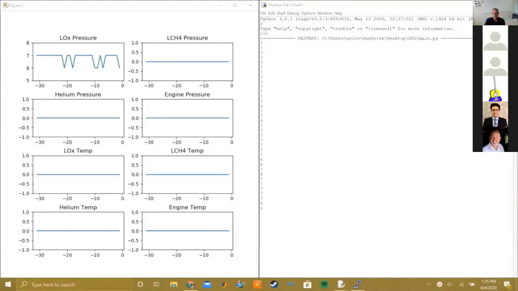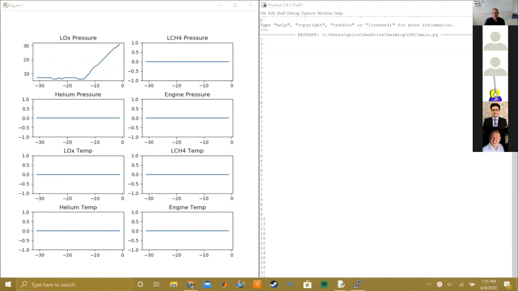So on the right we have our raw data that is being read by the GUI. All of them are in int form. And then on the left we have our line charts. All of them are zeroed out except for the one on the top left because that is what our pressure transducer is feeding in. So at this point I've turned on the compressor and you can see the pressure steadily